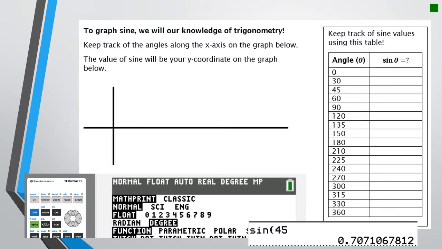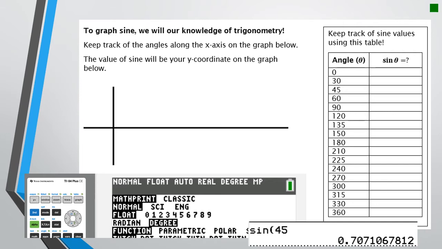All right, so we are going to use some of our knowledge of trigonometry to keep track of the angles along the x-axis. I have a chart or a table on the right side, and it has all of my angles in degrees. It's all of the angles that are on the quadrants, so the 0, 90, 180, 270, 360, and also all of the 30, 60, 90 and 45, 45, 90 angles all the way around to 360. So it's all of the trigonometric values that we can actually do by hand,